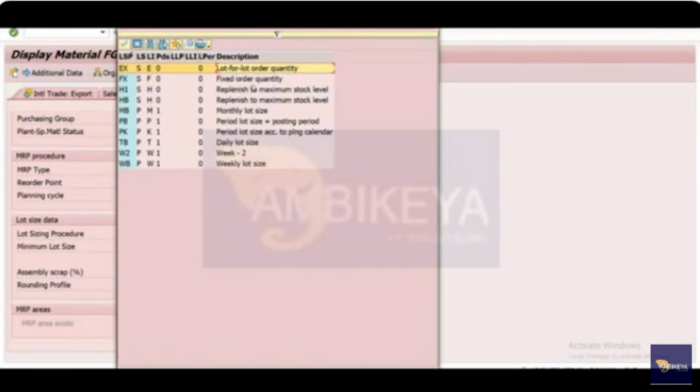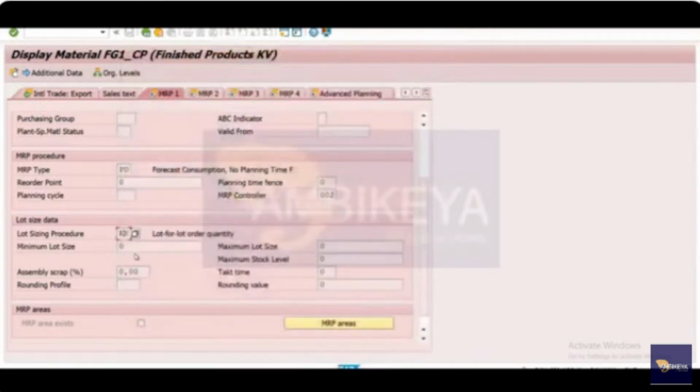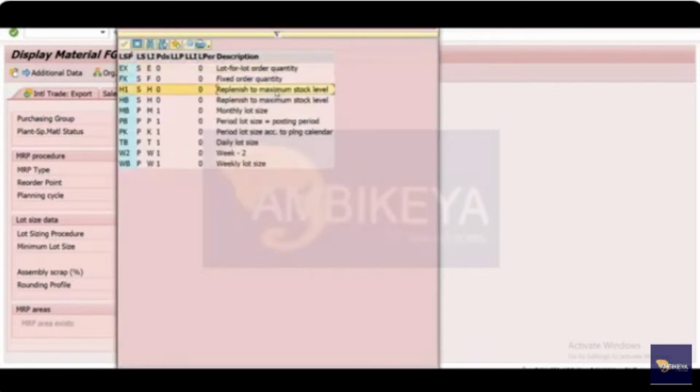Okay, so these are the static. But this period based, like monthly, weekly, or period lot size, you go to posting period. So these are the period based lot size, or daily lot size. These are also period based lot sizing procedures. Or weekly, this is also a period based lot sizing procedure. Also, if you are maintaining this replacement up to the maximum level, if you are doing this one, then